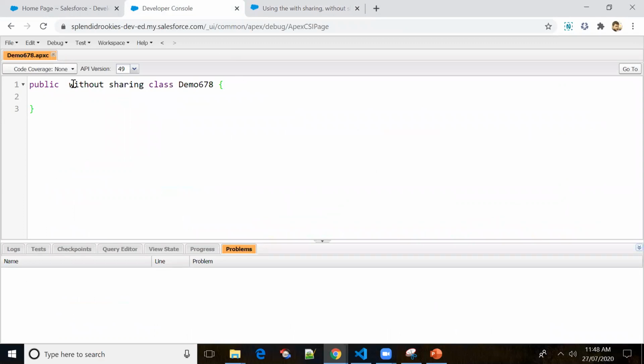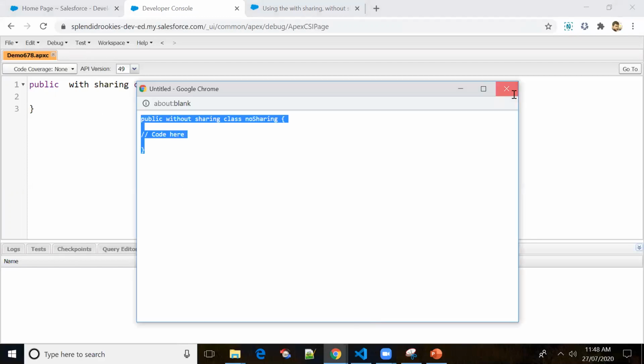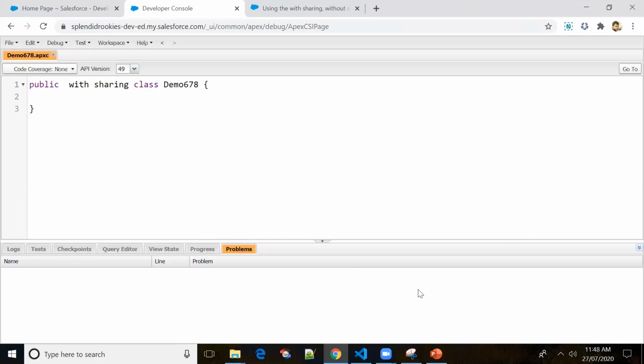So you don't have to declare a class like this, right? By default, it will be in without sharing mode. Same thing in events also. Normally, if you want to declare with sharing mode, and in events, if you want to put the capture phase, normally you don't get such a requirement.